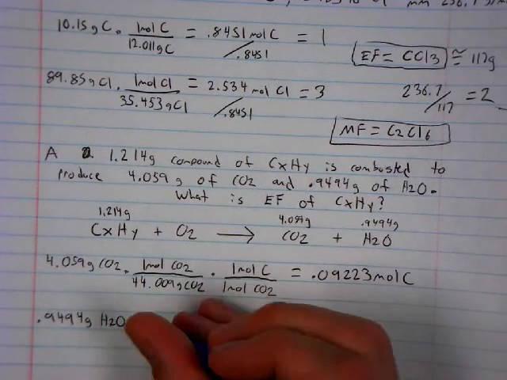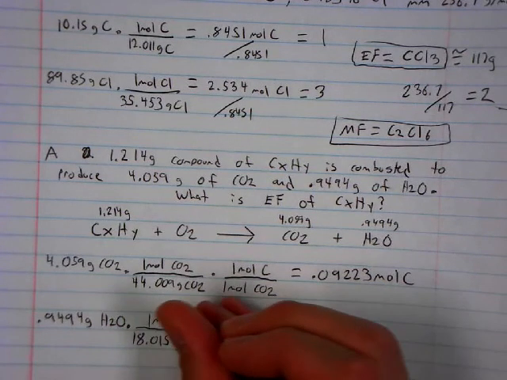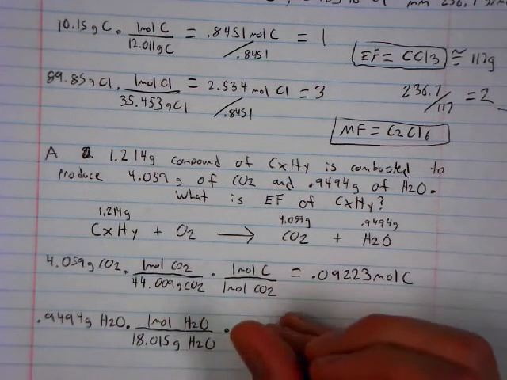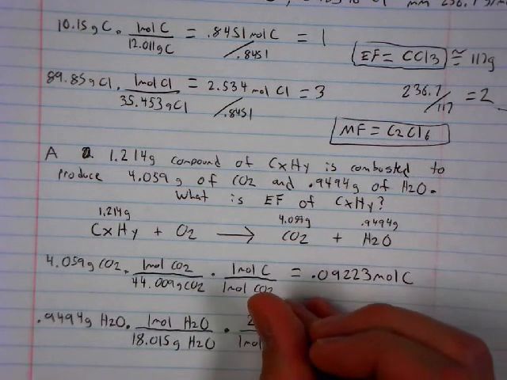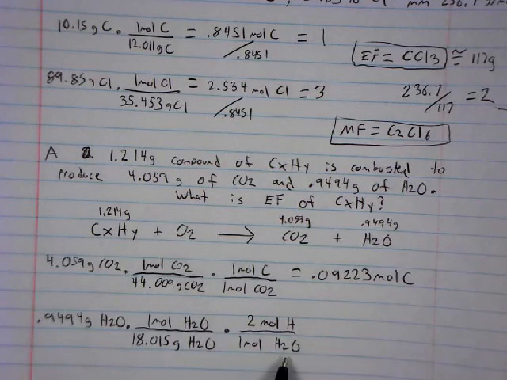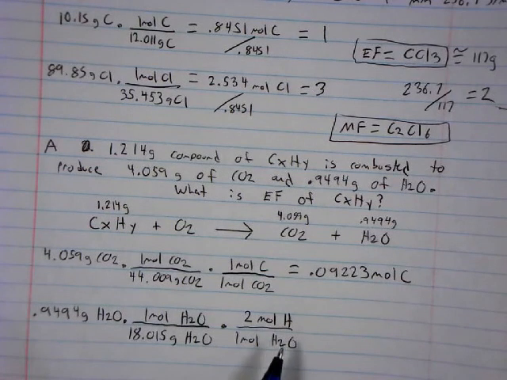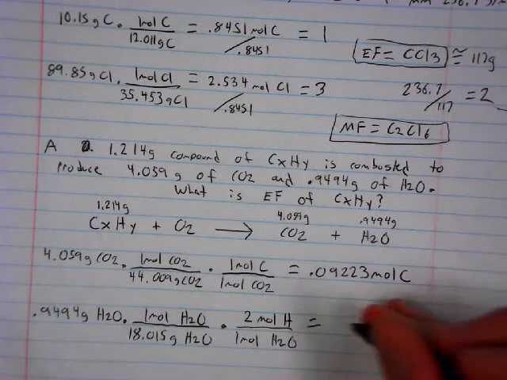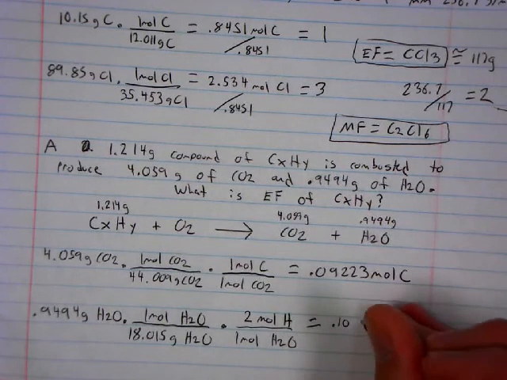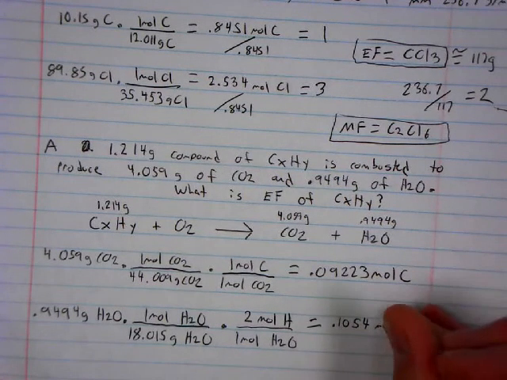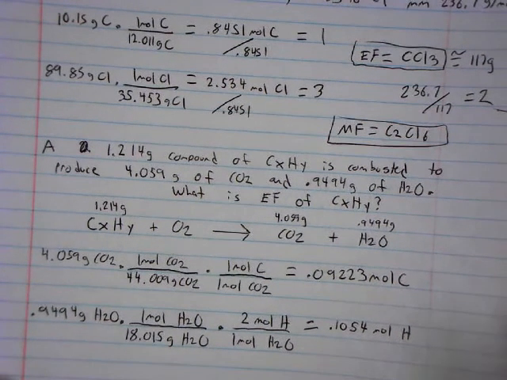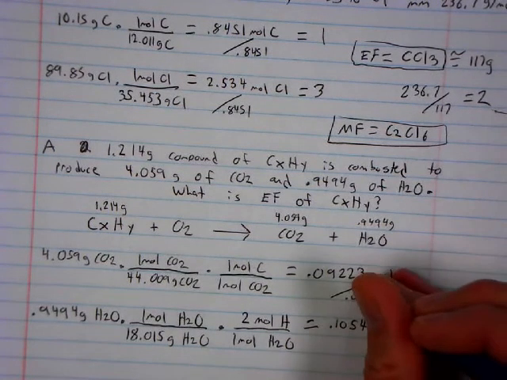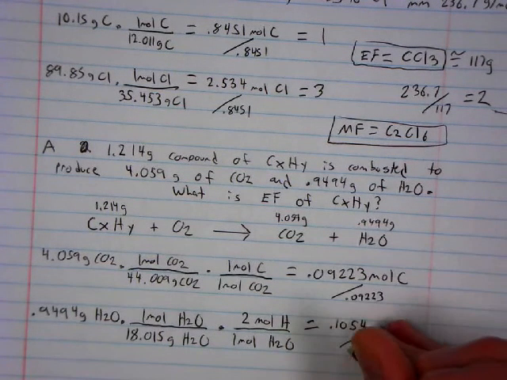The only place I have hydrogen where I can do some kind of math with this is water. So I'm going to take my 0.9494 grams of H2O times water's molar mass, which is 18.015 grams of H2O. You'll have that memorized pretty quick. And 1 mole of H2O. And I know in every 1 mole of H2O, I have 2 moles of hydrogen, because subscript 2 means 2 moles. Don't make that mistake where you forget to take the subscript and make that a 2. This gives me 0.1054